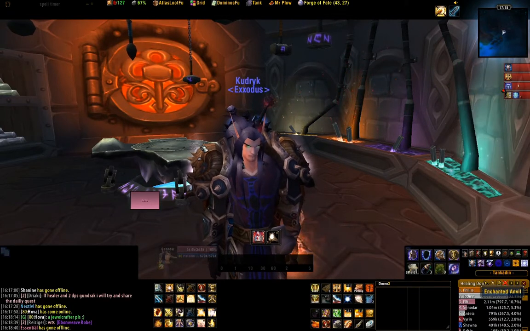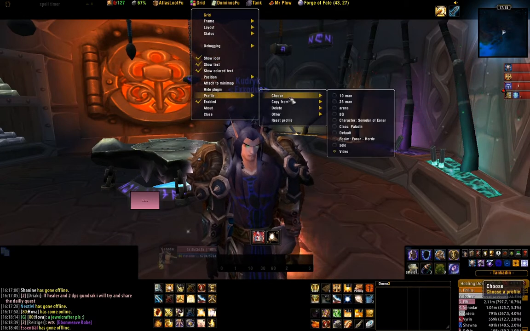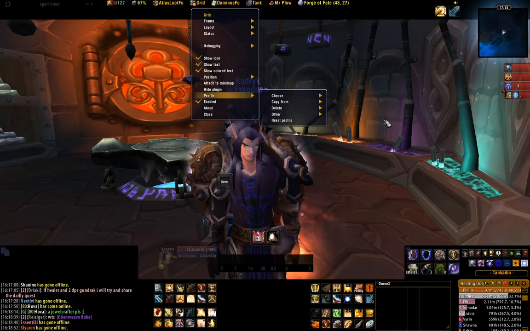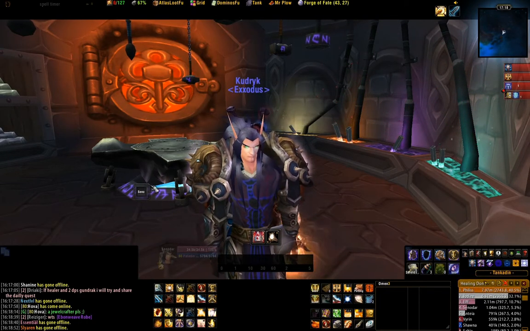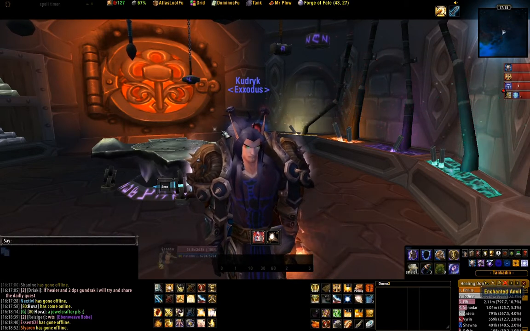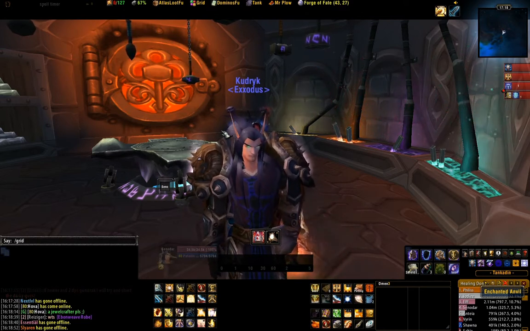So first off we're going to do Grid, and I'm just going to make a new profile to make it blank. So we'll make a test profile, and that's what you should see right there on your screen when you first get Grid. It will be something like that, and then you're going to want to configure it because out of the box it's pretty basic. Just do /grid config,